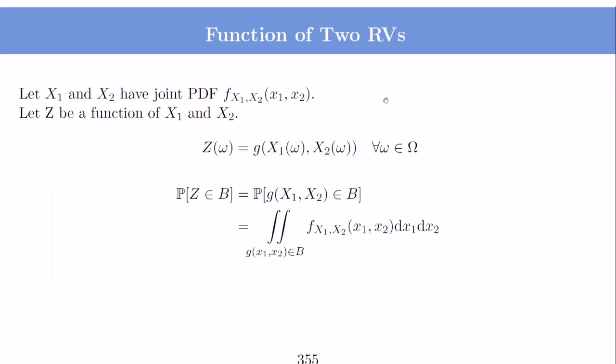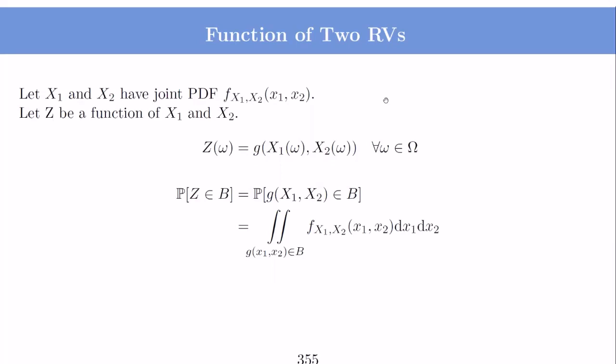Suppose this function is g, then Z(omega) is equal to g(X1(omega), X2(omega)) for every outcome omega in capital Omega. This is what I mean by function. Z equals g(X1, X2) when, for every omega in the sample space, Z(omega) equals g(X1(omega), X2(omega)). This also means that when you actually do this experiment and get values of X1 and X2, you can put those values in the function and get the value of the random variable Z. No matter what the outcome is, this condition is true.